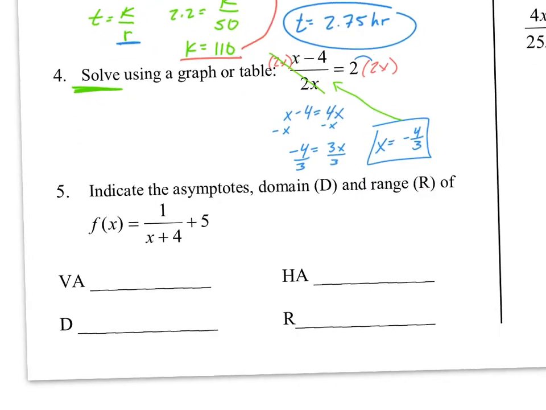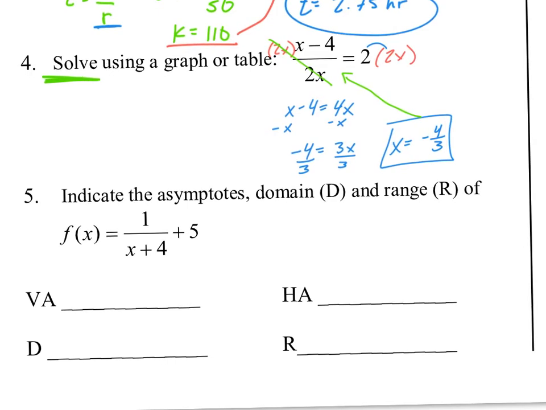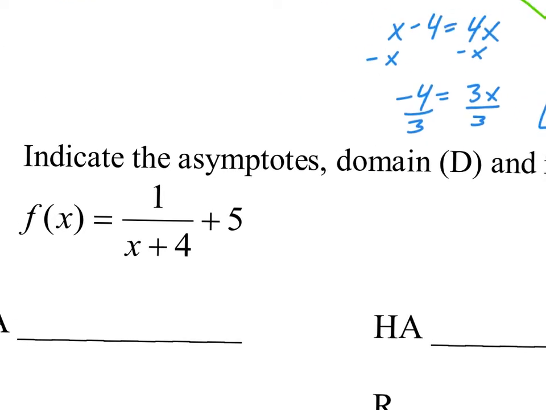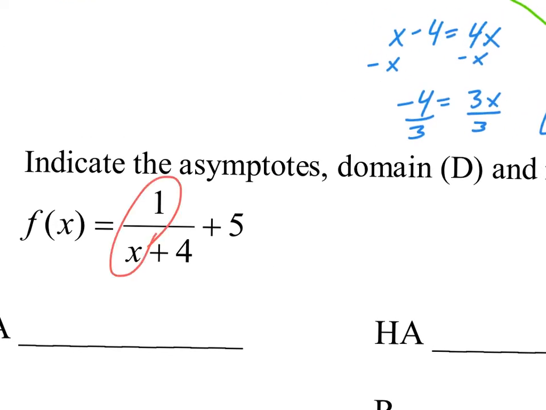Now we're going to shimmy down to number 5, indicate the asymptotes, domain, and range. So if we look at this, the big thing that matters here is that 1 over x. And if we have y equals 1 over x, go ahead and take a second and graph that on your calculator. Go to your y equals and put in 1 over x. What you'll see